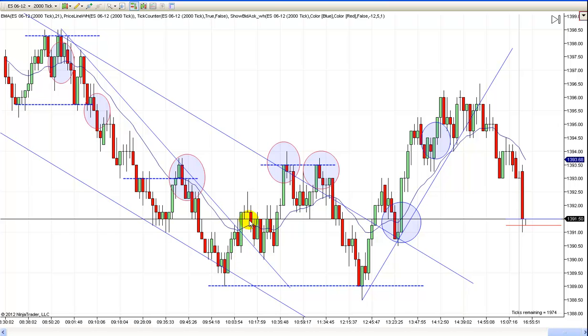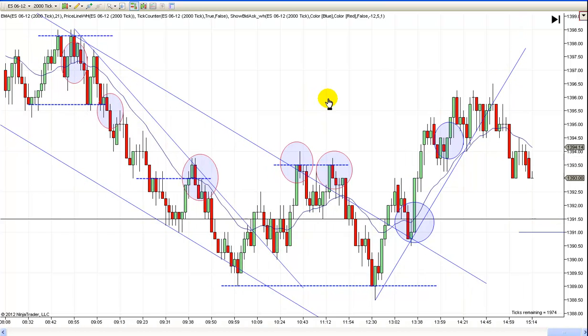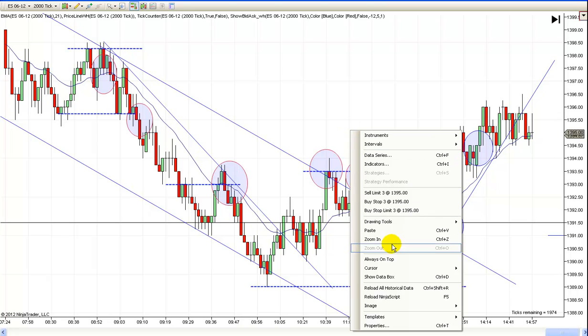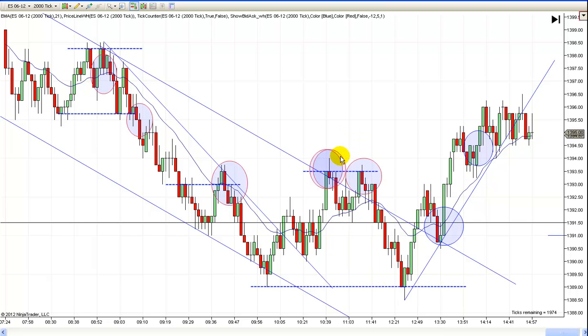If you went short right here, that's okay. I didn't mark it, but there was a short right here, and it would have worked. You would have gotten another scalp, and I don't know why I didn't mark that one. I meant to. I think I just missed that one, but that was a good trade too, because it's a second entry short, and that's the first real break of this trend line right here